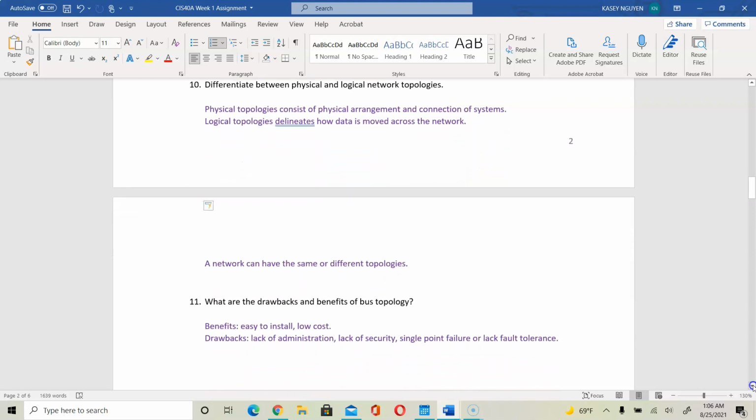For number 11, it asks you to provide the drawbacks and the benefits of the bus topology. As we mentioned, the benefits would be that it is easy to install and low cost. We don't have to spend too much money on the cable. The drawbacks are the lack of administration and the lack of security. It is a single point of failure because if that main cable is failing, then we won't be able to send data from one end to the other end. And there is a lack of fault